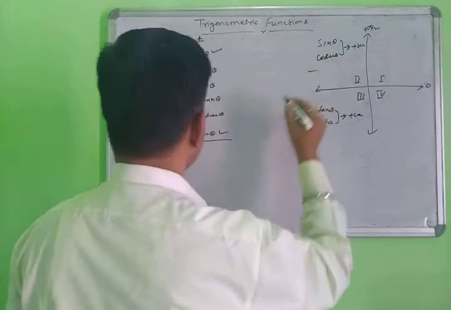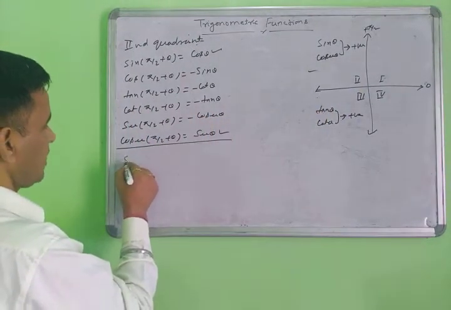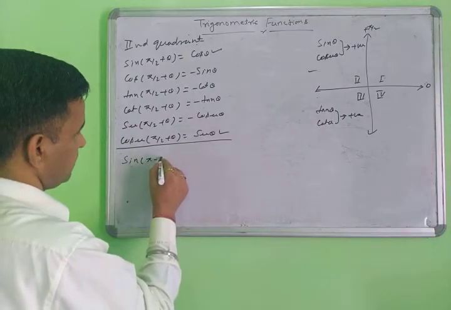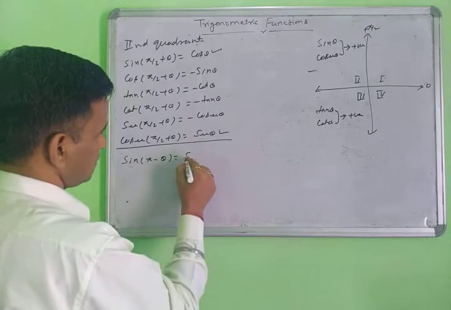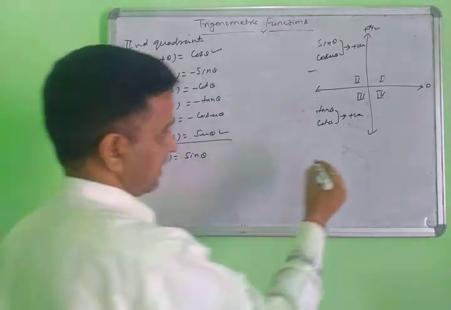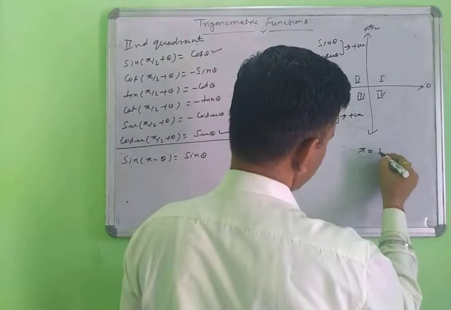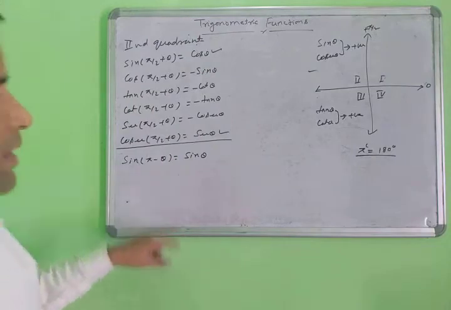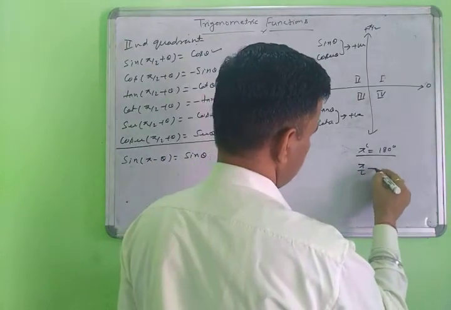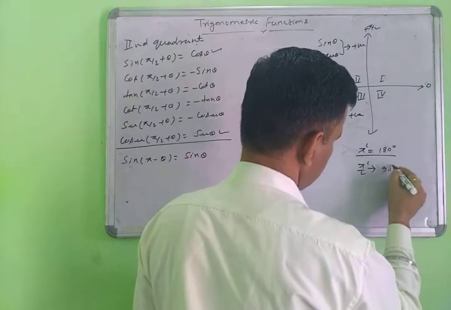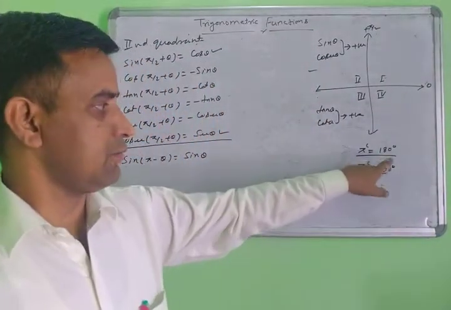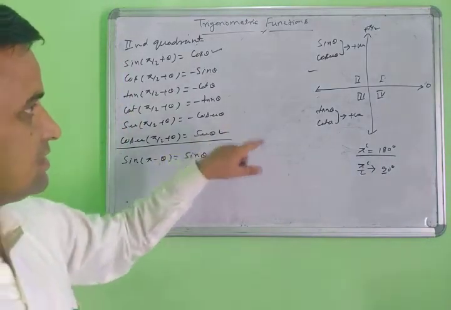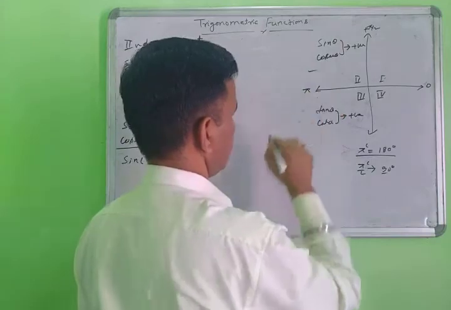Same in the second quadrant here. Both are second quadrant. Then sin(pi minus theta) equals sin theta. What do you mean by pi? Pi means 180 degree. Pi radian means 180 degree. So when you are calculating, pi by 2 radian means 90 degree. So then you can write it in 180 or pi using only one. So sin(pi minus theta): this is the value of pi.